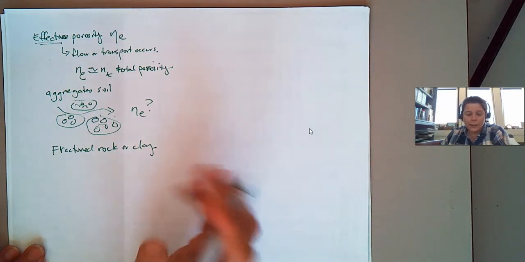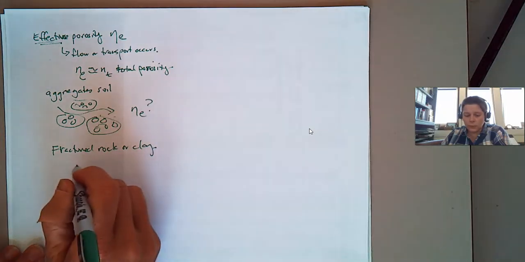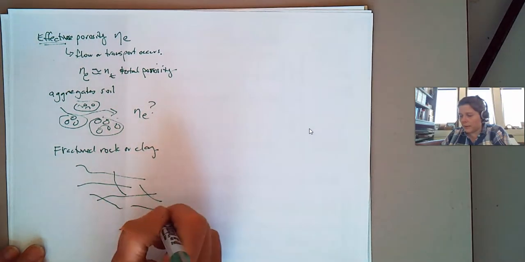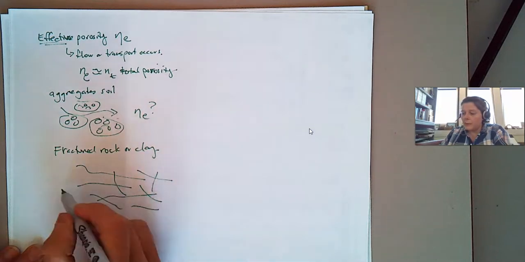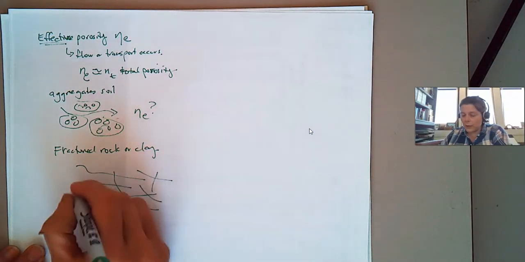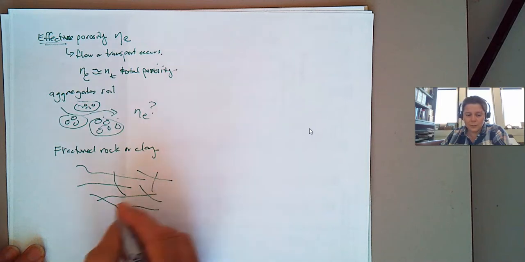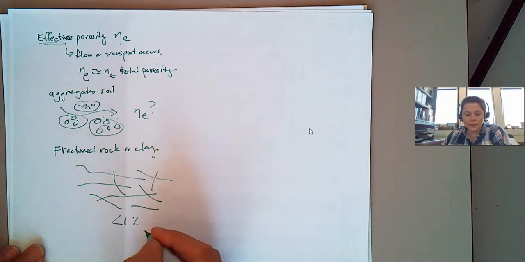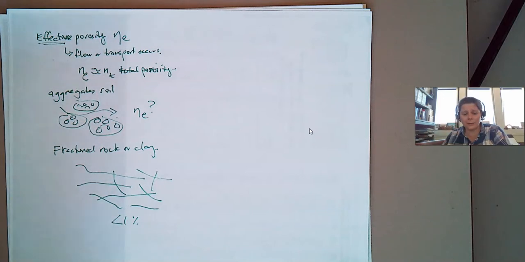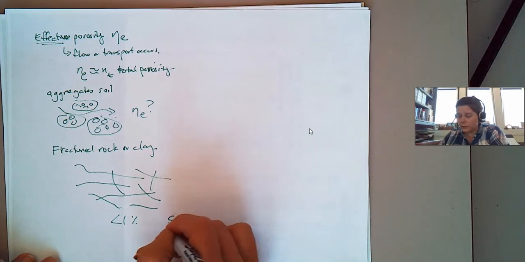Well, the flow is only through the fractures, so say you have all these fractures going through a rock here. The effective porosity, the fracture porosity in this system, is say less than 1%, while the total porosity, because you took the rock and measured the porosity of the rock, could be up to 50% for the total